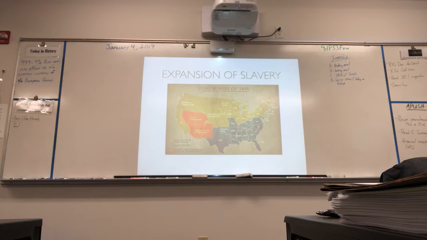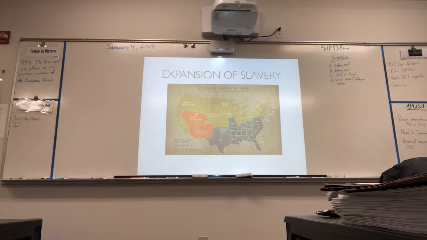What it did was it added California as a free state, and it banned the slave trade in Washington, D.C. Both of those are things the North liked. California as a free state, ban the slave trade in Washington, D.C. The North likes those things. But